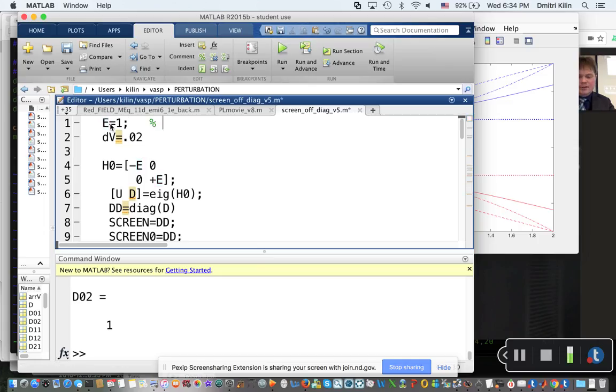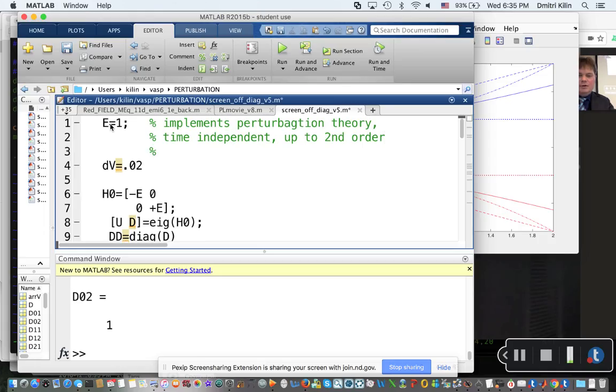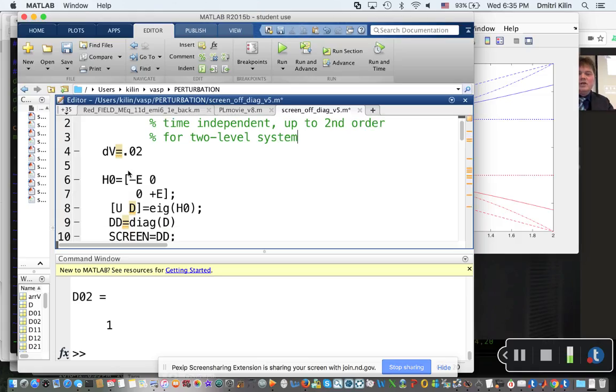It implements time-independent perturbation theory up to second order for a two-level system. If we do not need perturbation theory, actually we do not need a computer for these problems. It is only